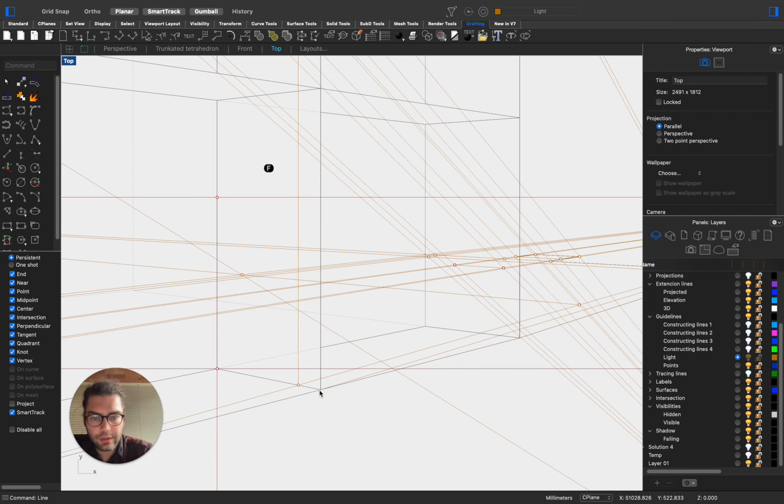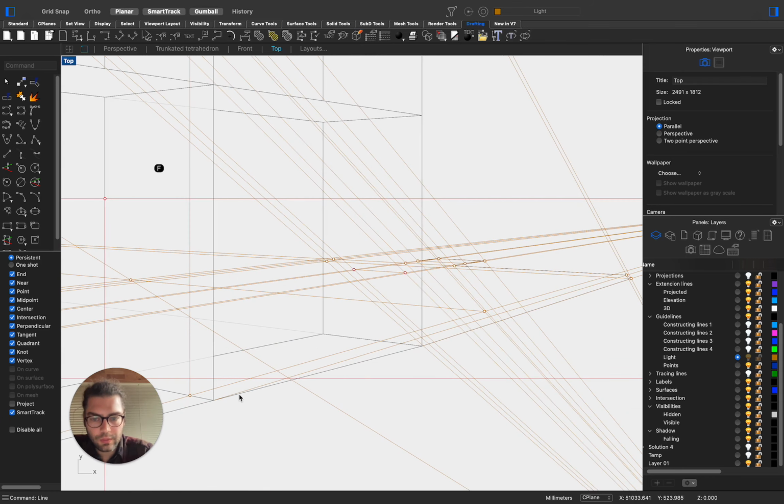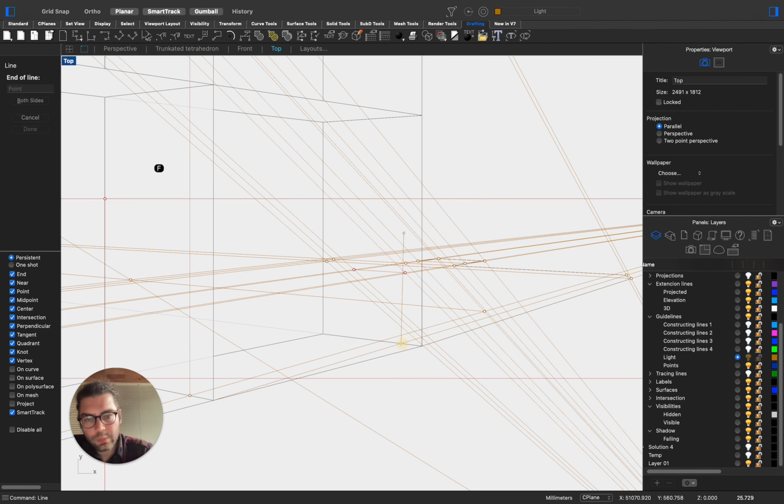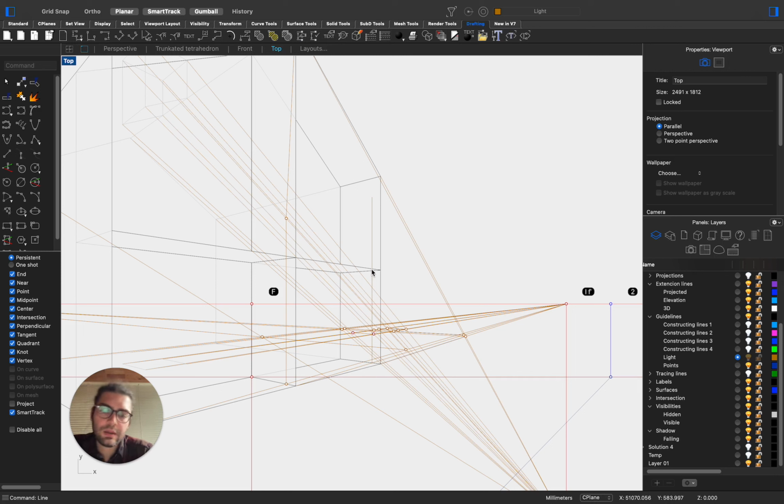So the shadow that is created by this edge slides, it covers the ground, but on its way it intersects with this edge and with the surface that is an extrusion of this edge. And of course it will create a vertical line, because the edge that creates this line is also vertical. It gets blocked by the surface, and we see the footprint of this shadow there. Okay, but